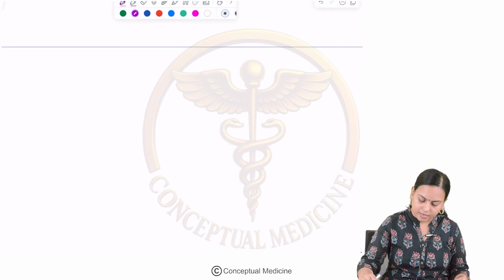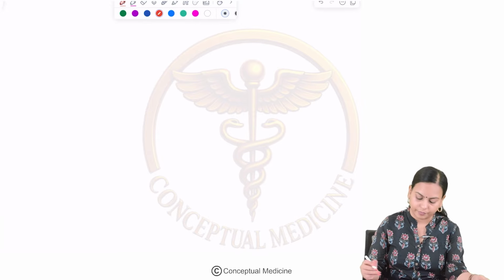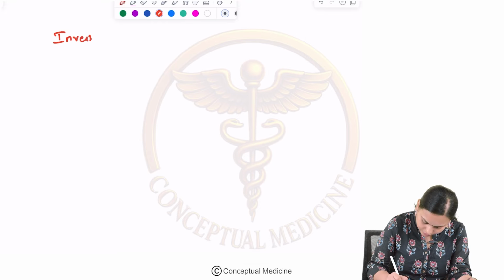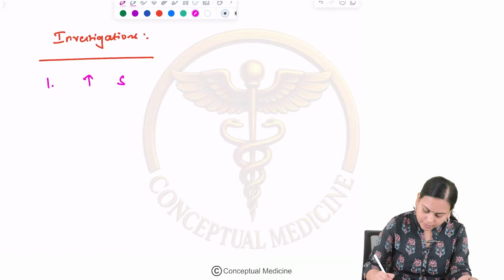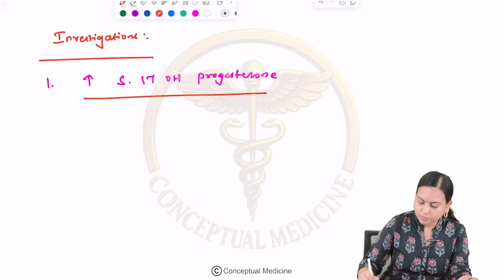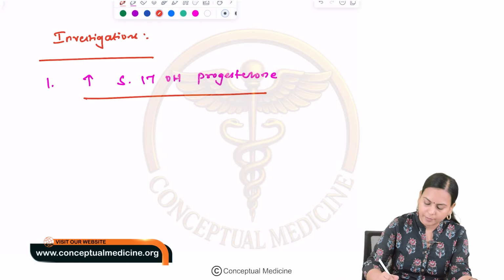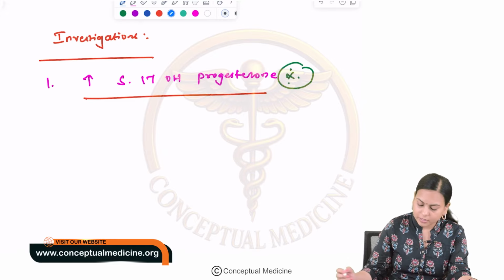Clear? Right. Now, let us see what are the investigations we can offer these people. Okay. So, investigations: whenever you see these people, there will be elevated levels of serum 17-alpha hydroxyprogesterone. This is going to be a diagnostic marker for congenital adrenal hyperplasia, very important. Okay. So, if you measure these levels